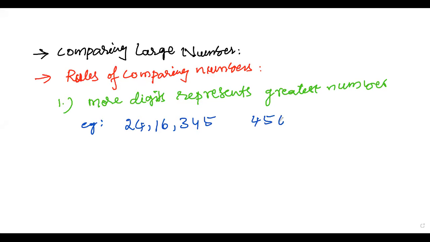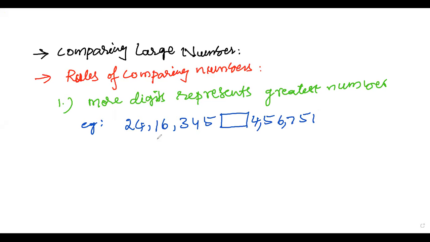4, 5, 6, 7, 8 and 1. So let us see which is the greatest and which is the smaller. How do we know when we compare? Then only we can say which number is greater and which is smaller. See, first of all, count the number of digits in the given numbers. 1, 2, 3, 4, 5, 6, 7.